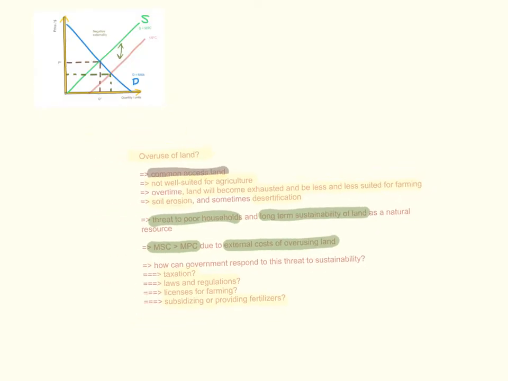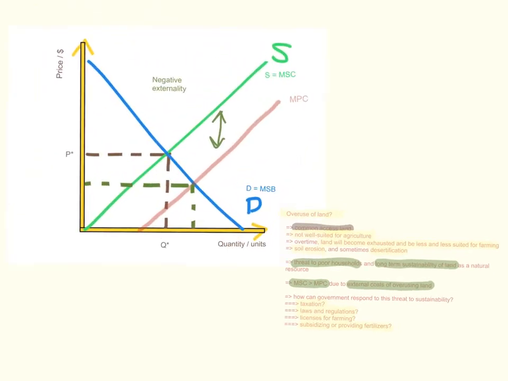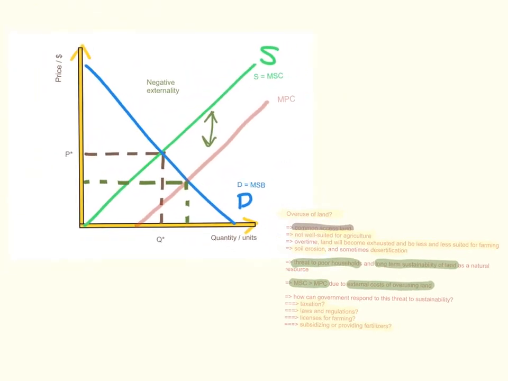So let's take a look at a diagrammatic representation. So zoom in on this diagram here. As you can see, the marginal social cost curve, which is the supply curve here, is higher than the marginal private cost. And the ideal quantity is to get the producers or the consumers to take into consideration the full cost. So the ideal amount of farming should be Q star at P star, but people are farming at a much higher quantity, which is this point here. Okay, this is a much higher quantity than what should be done.